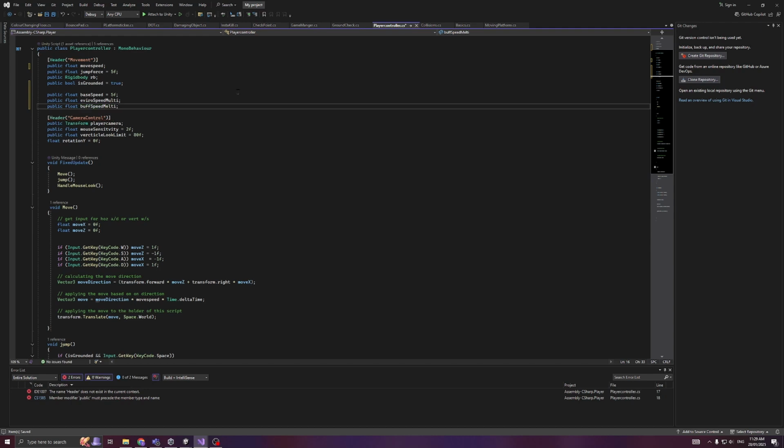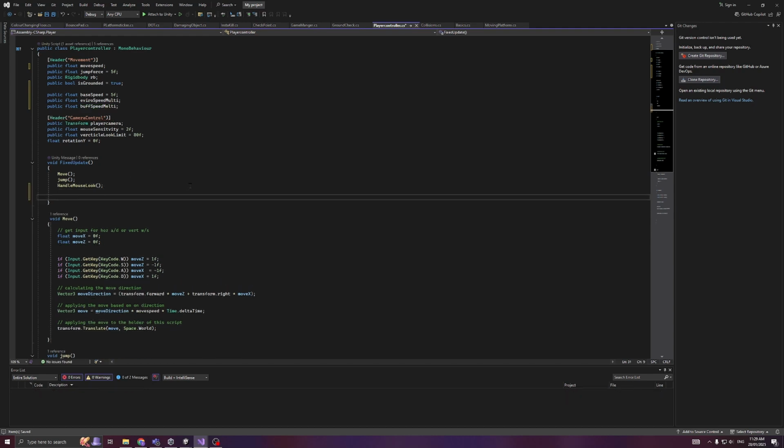And then in update we're going to calculate our move speed. So we're going to go move speed is equal to base speed times enviro